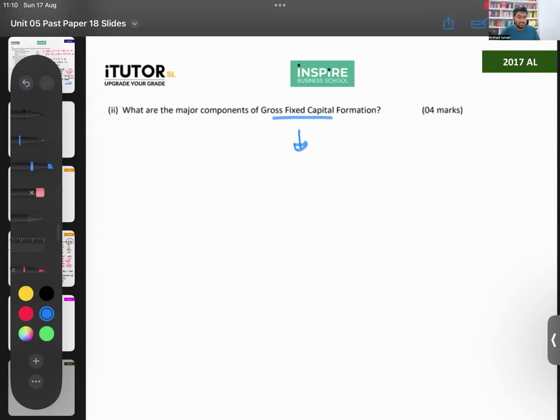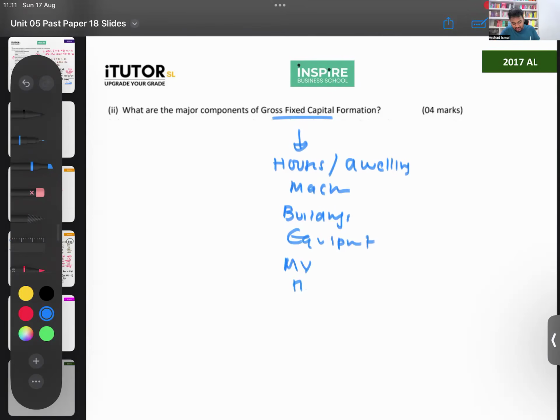So you can write things like this. What do you have as fixed capital in a country? You have, for example, houses, or you can say dwellings. What else? You can say machinery. You can talk about buildings. Different equipment. Maybe motor vehicles, maybe highways. And you can put these as fixed capital formation. So they're just asking for kind of examples. And maybe if you want, since this is gross, you can also put